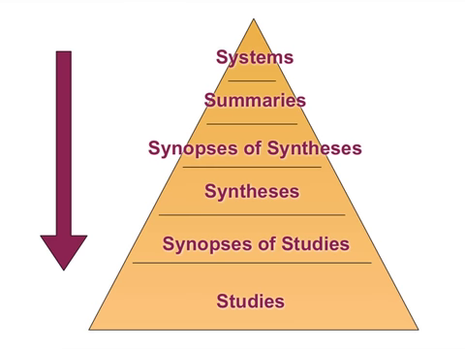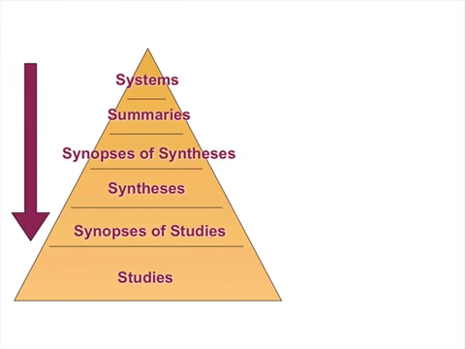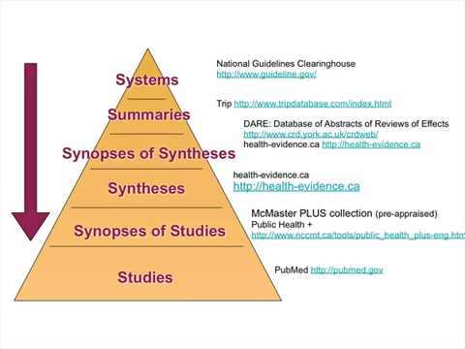The converse, though, is to do an efficient search, is to start at the top. In public health, we have no systems really that are available for us for searching. They do exist in primary care, where there are automated office systems that require practitioners to do certain behaviors that are evidence-based, to order certain tests, to do particular examinations, but none of those exist in public health right now. For summaries, we have